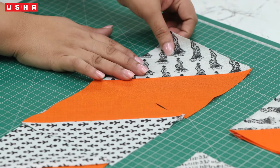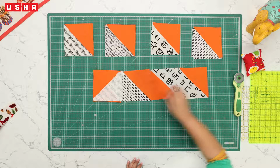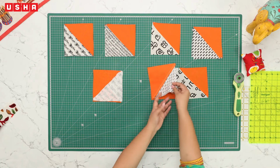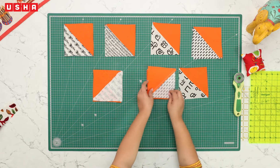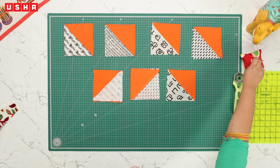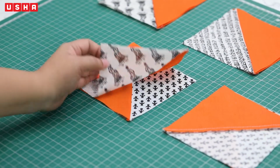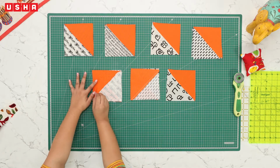For the ease of sewing, place the first square over the second, right facing right, the third over the fourth, right facing right. The last square will be left as is. This piece will be attached last to this sequence. Pin the left sides of the first two sets